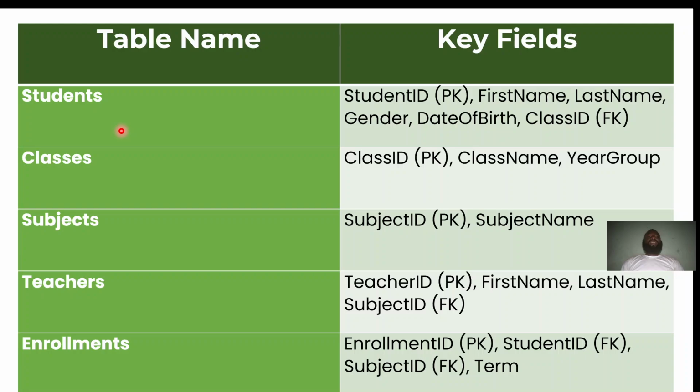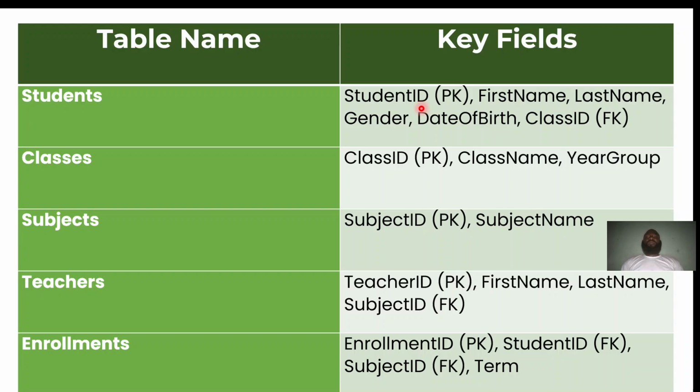And in that student table, the fields that we are going to have there, we have student ID, which is our primary key, our PK. Why are we using student ID as our primary key? Because we know that every student will have a unique identification number. So student ID is going to be a number that every student will have a unique identification. No two students will have the same number. The moment we register student 1, student 2 is going to be different, even if they have the same name